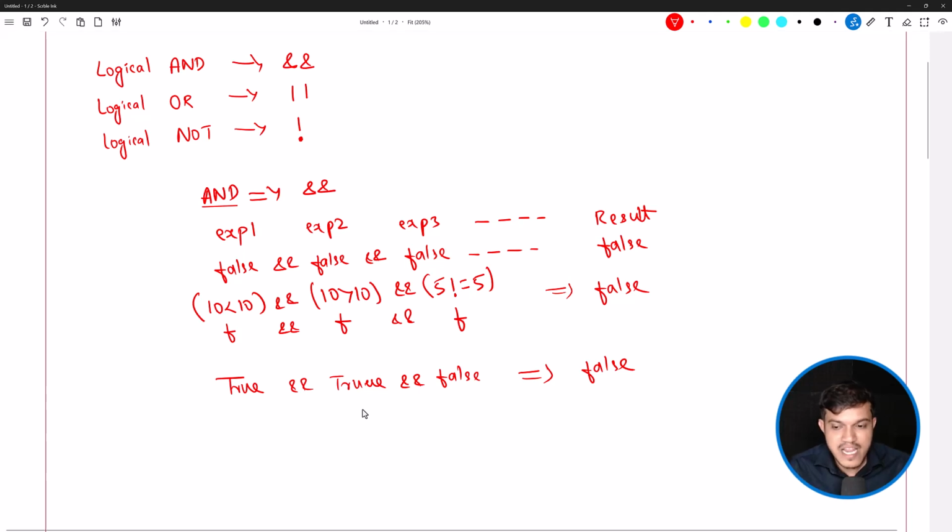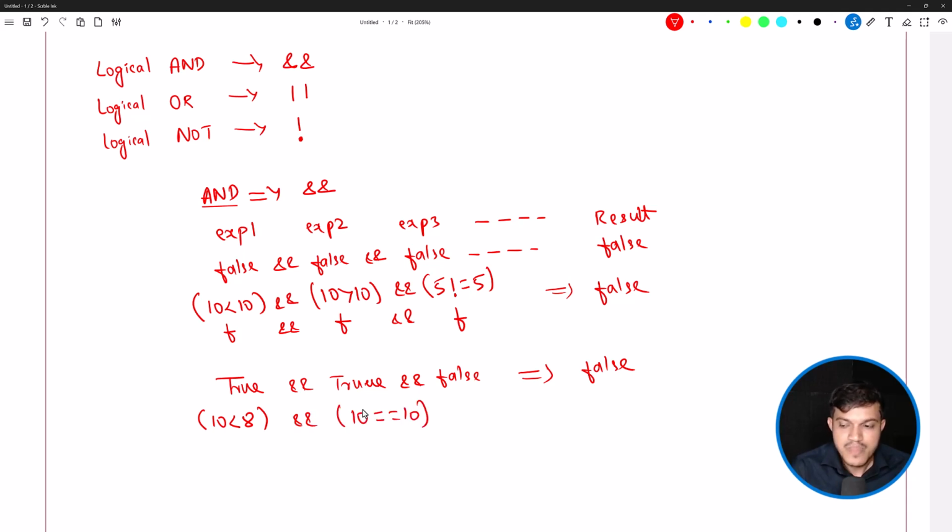That is, if I'm asking, is 10 less than 8, and is 10 equal to 10, and is 10 greater than maybe 12, this is true. Of course, this is false. So what I'm going to do here is maybe make it 8. Okay, 10 is not less than 8, and is 10 equal to 10, it is true. And is 10 greater than 8, it is also true. So on. If all of the operations are true